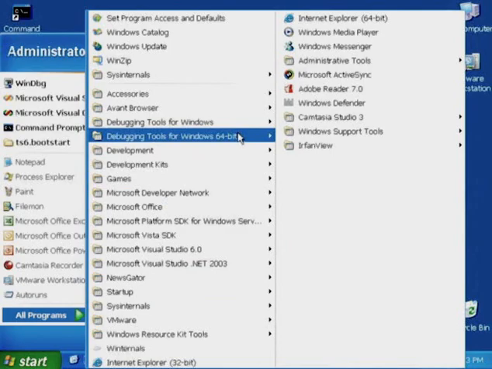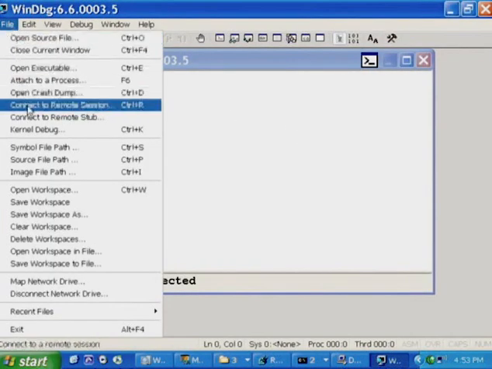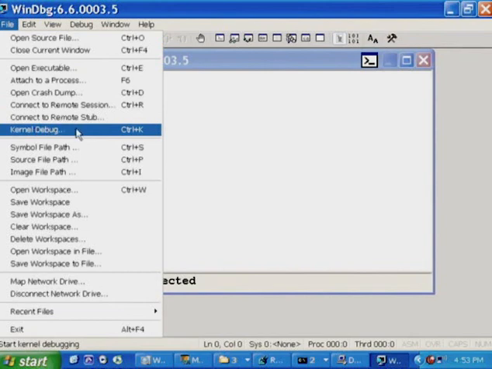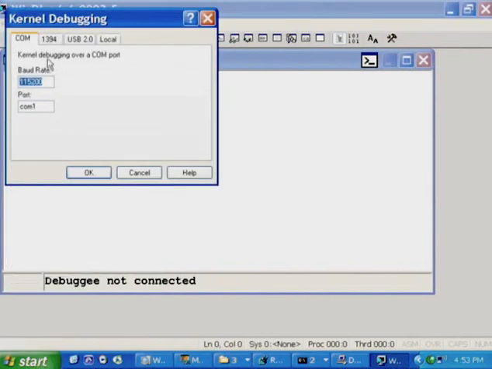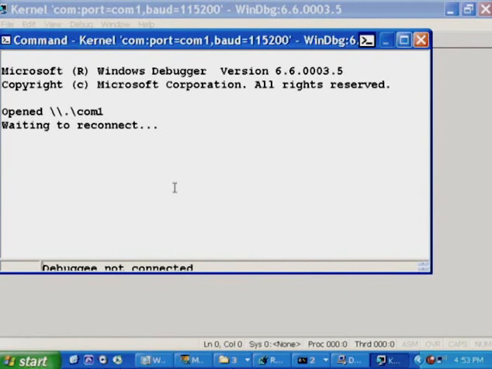We're going to go to the Start menu, All Programs, Debugging Tools for Windows, WinDbg. And on the File menu, the option to connect to a remote kernel debugger is File, Kernel Debug. And you can see there's several tabs. The default tab is using a serial COM port. Then we have FireWire, USB 2.0. So, for example, if I pick the COM1 on this system, we can see the debugger then is now waiting to connect. If the system had crashed and we were connecting to an already crashed system that was booted in debugging mode, the connection would occur and we would see actually the bug check code, the reason for the crash, displayed.